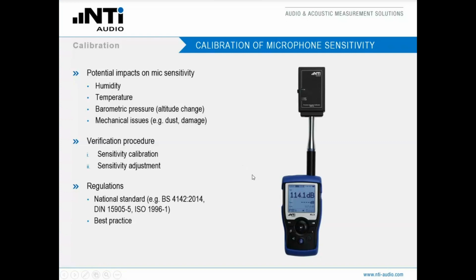That depends strongly on which country you are in, which is the applicable national standard. Maybe there are some best practices corresponding to the application you're executing. Maybe there are different rules for room and building acoustics than for environmental noise measurement. This is something that you have to find out: when to do sensitivity calibration, or when to optionally even adjust the sensitivity in the field.